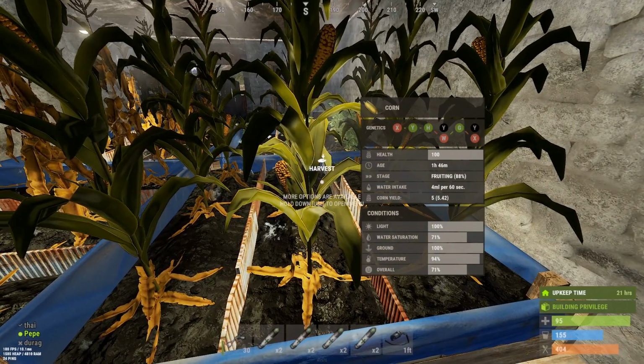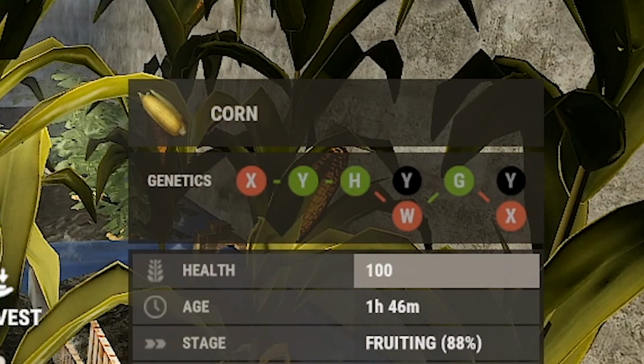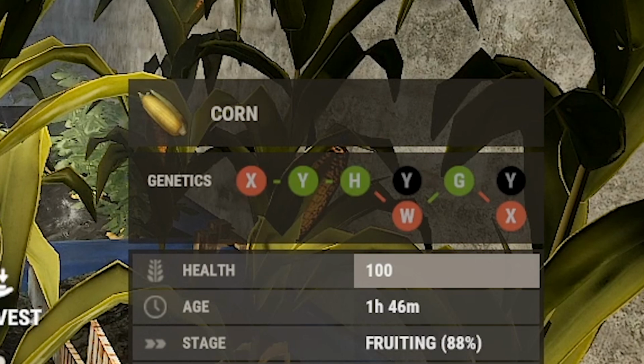So the genes in plants you can see under the genetics. These genetics are slightly more advanced because they've already gone through the stage of selecting new genes, and that's why it has a top layer and a bottom layer with the black one and the red one. You can see they kind of follow a path. It goes X, Y, H down to W instead of going through the Y and then up to the G. Now the up and down don't really matter, but it just matters that it chose the W instead of the